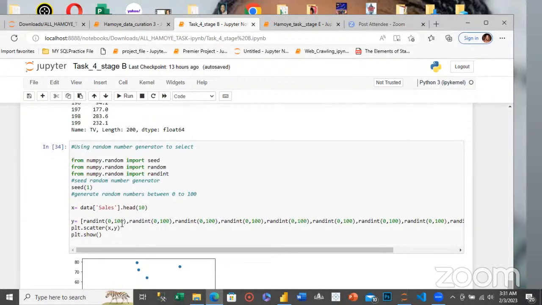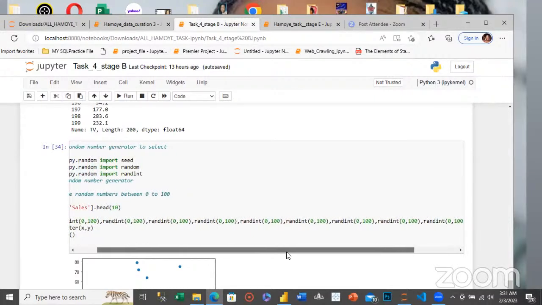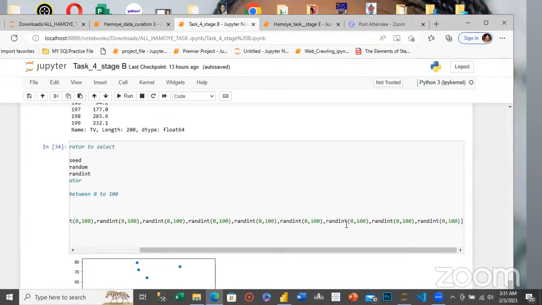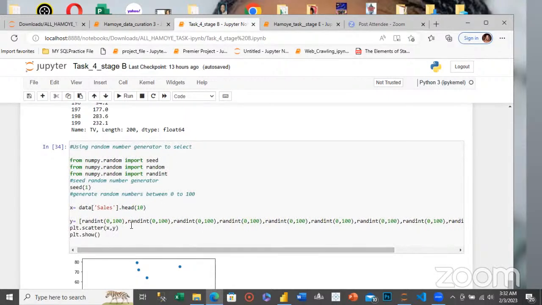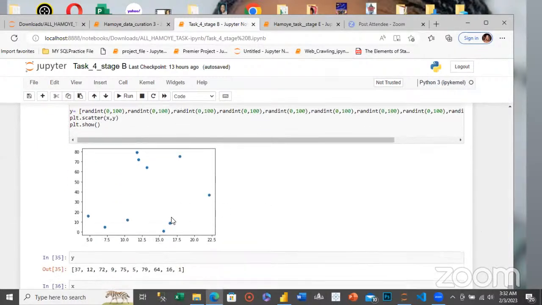So another way is, if you don't say random bracket open 100, I can say I want numbers from 0 to 100, coming up in 10 numbers. Like this is 1, 2, 3, 4, 5, 6, 7, 8, 9, 10. So I'm saying S equals data, square bracket, open cells, bracket close dot 10. So I'm saying for my Y value, I want 10 of the values picked randomly. So that's what this particular code is trying to explain. So when you plot that, it gives you